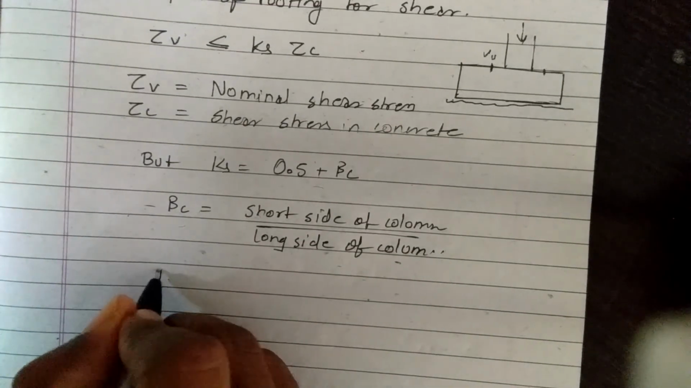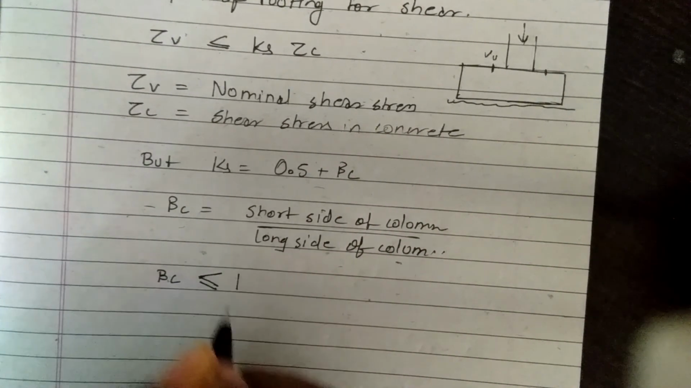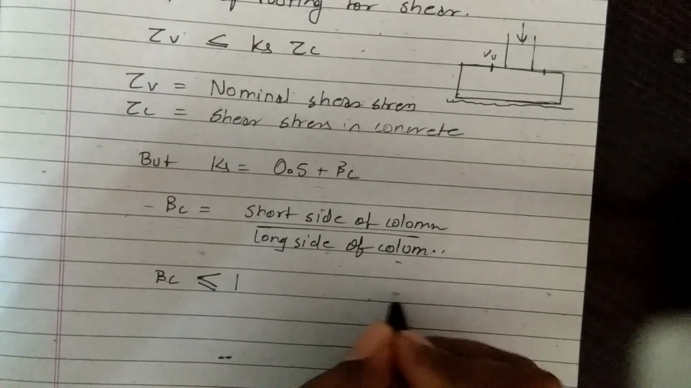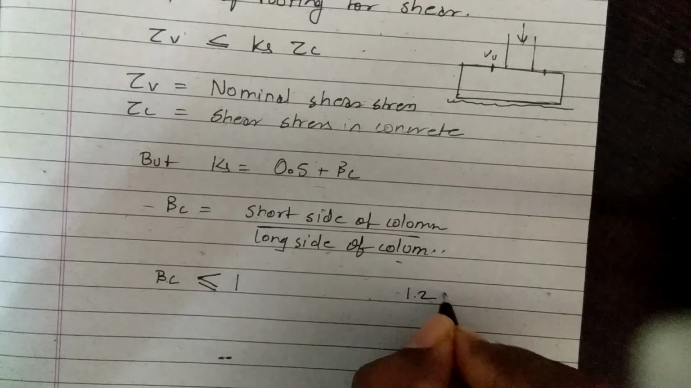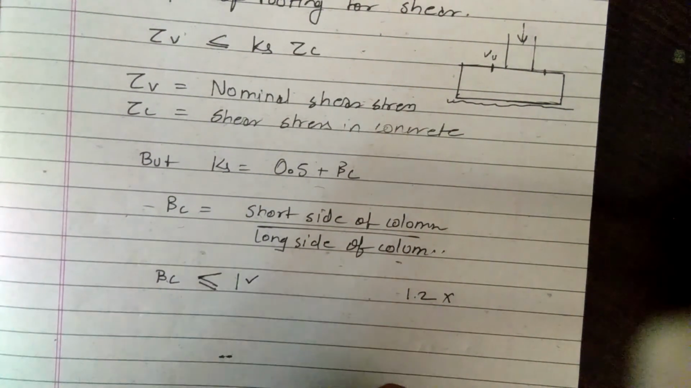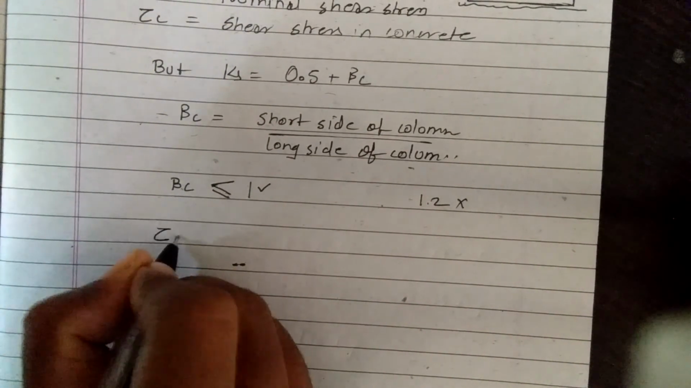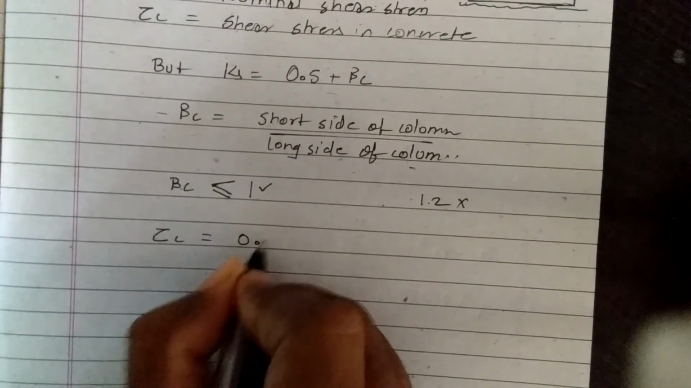Okay, the value of beta c is less than or equal to 1. It means that if the value is 1.2, you are not going to take this value, you will go for this value. Okay, then the next one, tau c, shear strength in concrete,